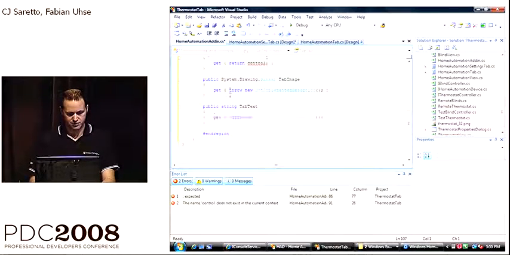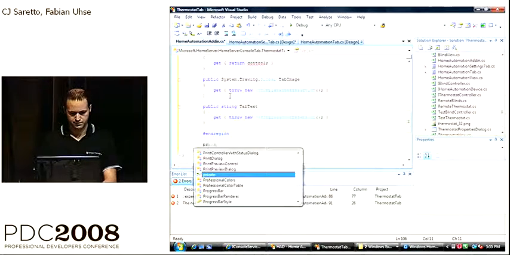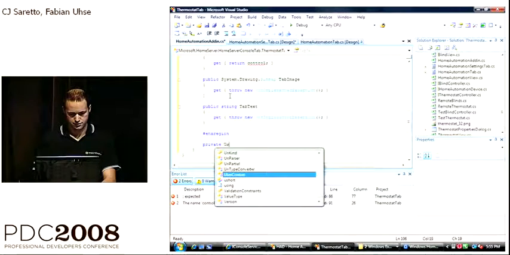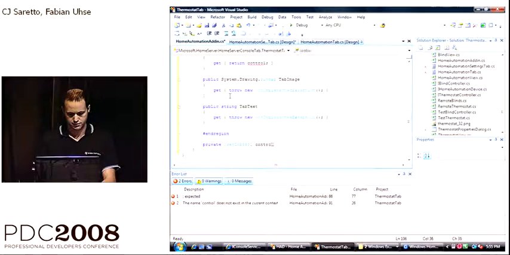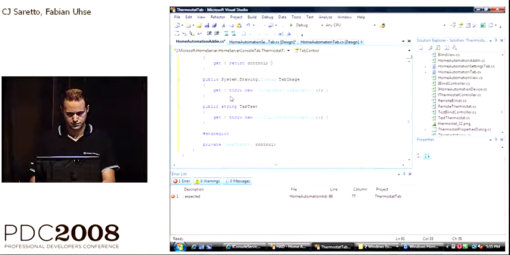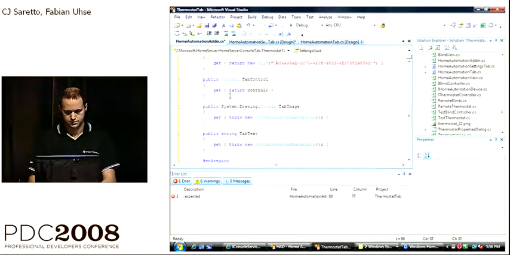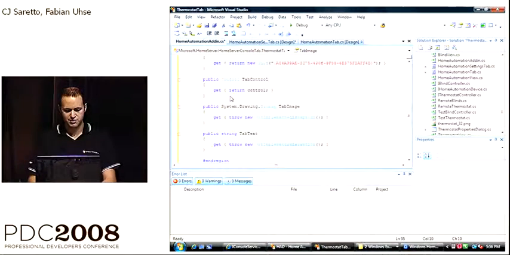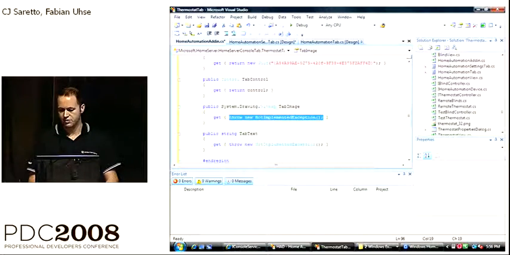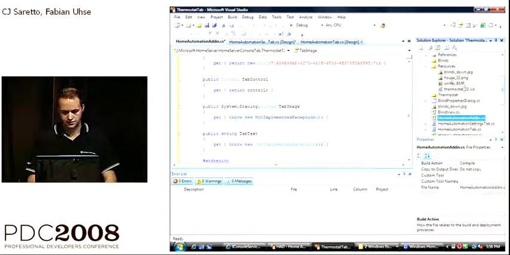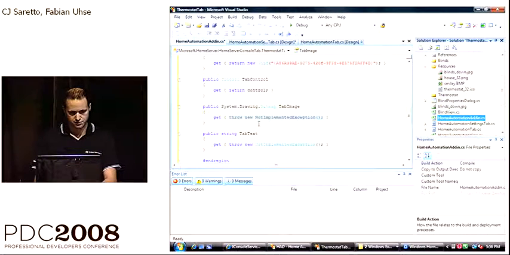And obviously I'll need a member variable for that. There we go. Sorry, guys. And we'll need to return an image for the tab. We have an image in our library already. It's here in the resources. So we'll just access our namespace.